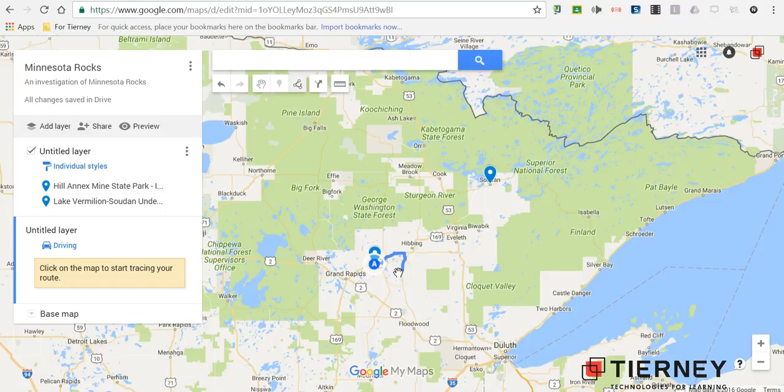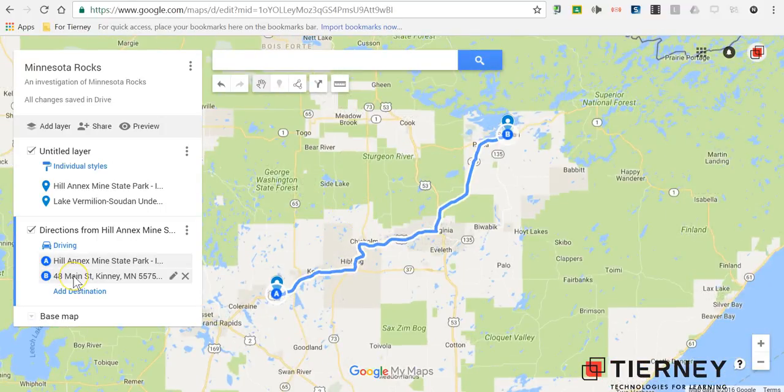and it will start my driving route. As I pull my mouse towards the other location, I can click with my left mouse button and it will go ahead and end that driving route. That route will be traced on my map and it will provide me driving directions off the side of my page. Now that I have my map with various locations, a driving route,